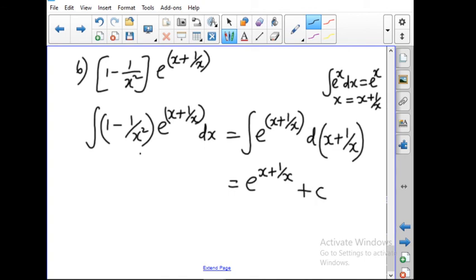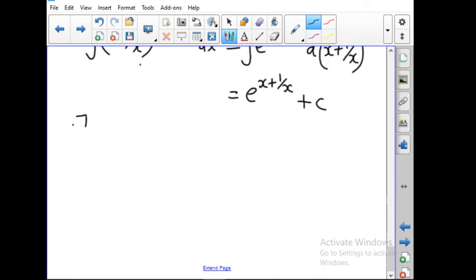Okay. It is very easy when you know that the power of e is nothing but the differentiation of the term 1 − 1/x². Okay. Now let us move to a similar problem. Seventh problem, 1 / (x (log x)²). Again here we have the differentiation of log x is 1/x. So using that we can do this problem.